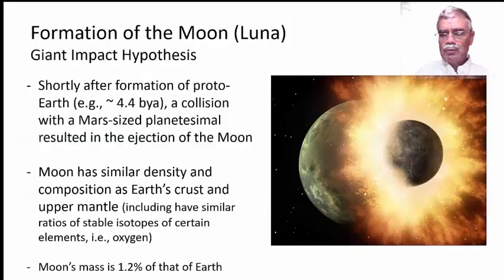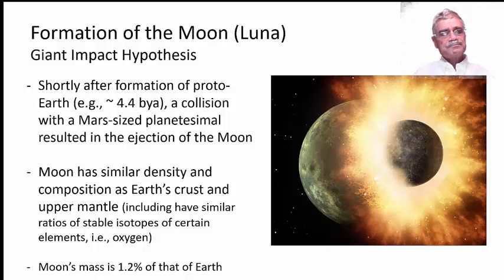Okay, what about the moon, which we can also call Luna? It's sort of its more proper name when we want to distinguish our moon from the moon of any other planet. Well, we think that the moon was formed about maybe 100 million years into the life of planet Earth, that there was a big collision, and we call this the giant impact hypothesis, that some other planetesimal, actually a fairly large one, a Mars-sized planetesimal, perhaps trying to compete with the path being swept out by planet Earth,